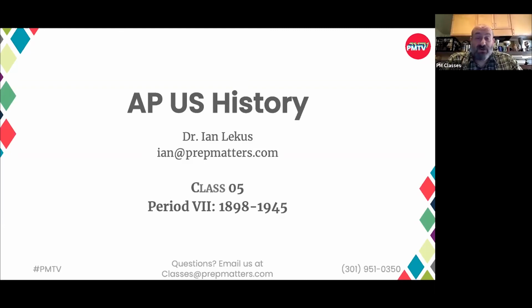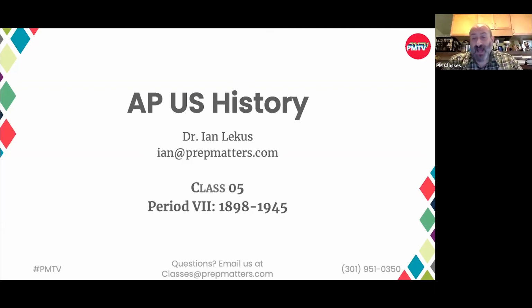So Franklin Roosevelt enters office in March 1933. We talked about the New Deal. There's a whole alphabet soup of laws and policies. I'll note a few here, but let me distinguish the first and second New Deal. The first New Deal really is what he does in his first 100 days, his first year and a half as president. It's about relief and it's about recovery. And it's about, more than anything, restoring Americans' confidence in the government and in society.